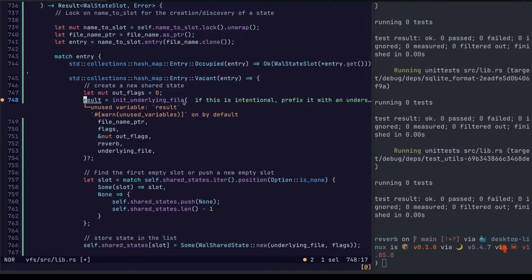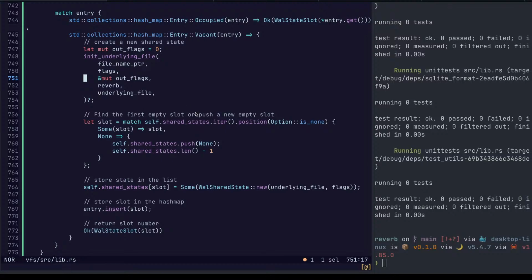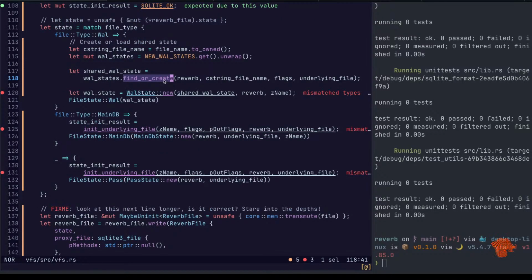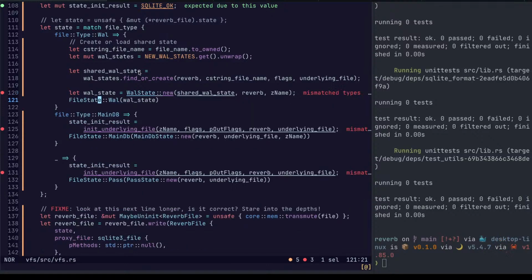That's fine. Okay. That looks good. So here, basically, we want to now map and convert this into a shared state. Okay.